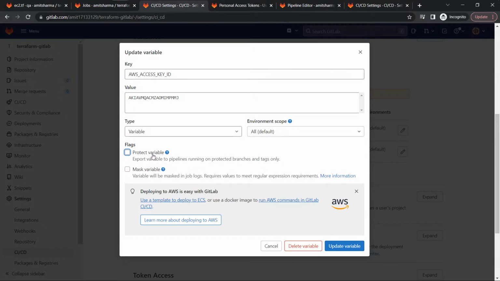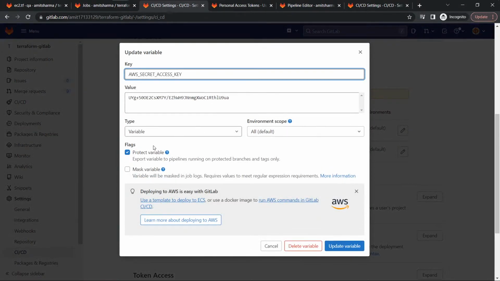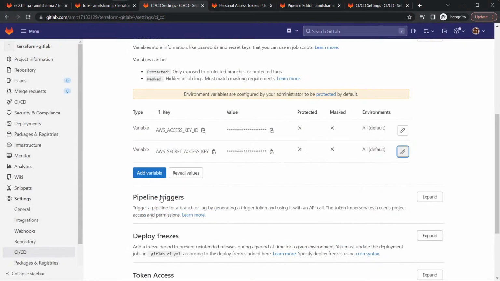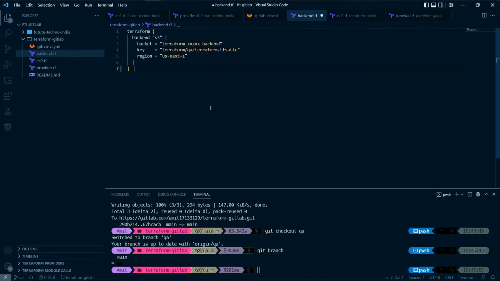So when you tick the protected variable, it will be restricted to use that protected variable in a single branch only, like the branch you have created, only the main branch, the default branch. But if you remove the protect variable, that's okay, you can use it in a different branch as well. So I remove this protect variable and update this. Now what I will do, I will just try to run it, save this, and then